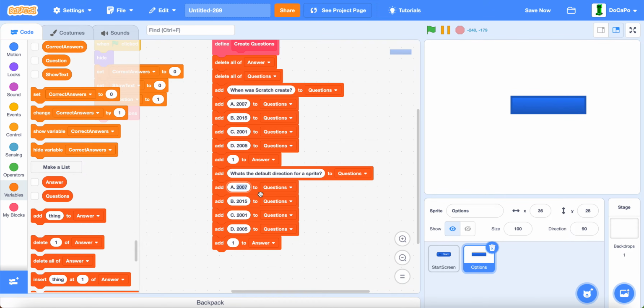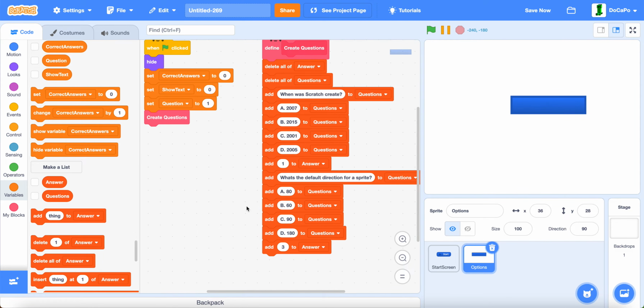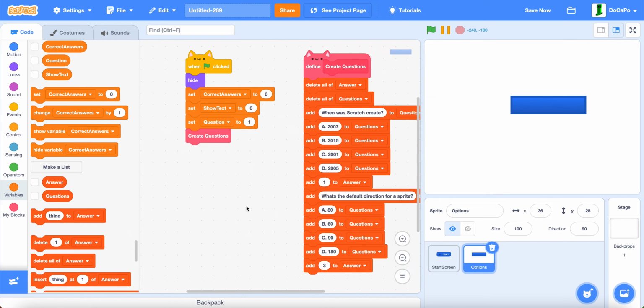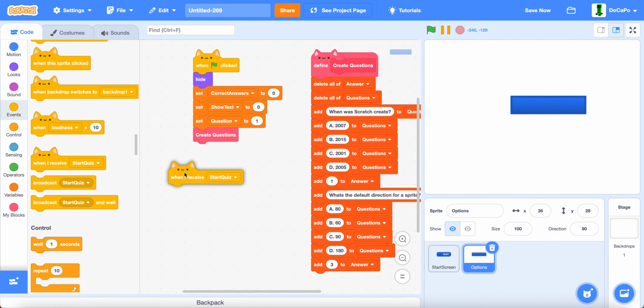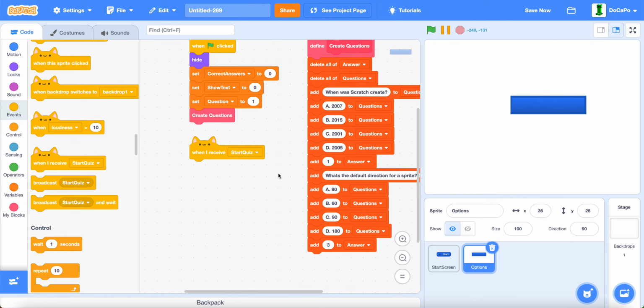And then you put in the answer like 80 degrees, 60 degrees, 90 degrees, or 180 degrees, and set answer to 3 since C is the correct answer. Now, after you're done adding questions and answers, we will do, when I receive start quiz,